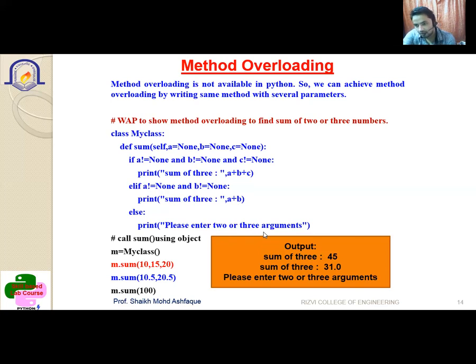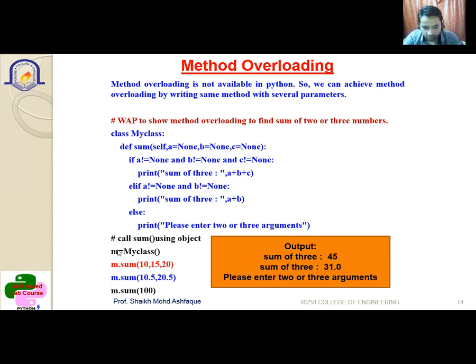So here we can execute the program in this way. All three values will be passed or only two values will be passed. We are calling a method two times, the same method with the same name, but the parameters are different. In method overloading, we have more than one method with the same name, but they differ in terms of parameters, either their data type, their number of arguments, or the order of the arguments. But here the same method is written, and whenever you have defined some default value, you have the freedom. You can call it with that default value, you can call it with a specific value, or you can call it with a reduced number of values.